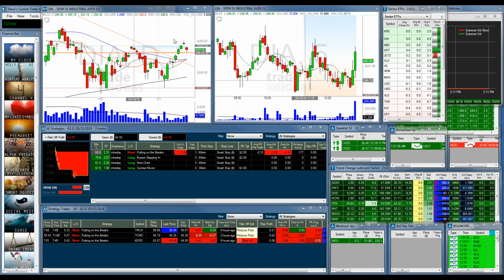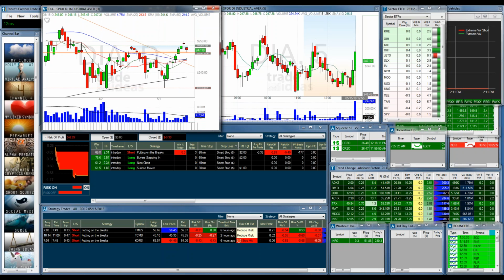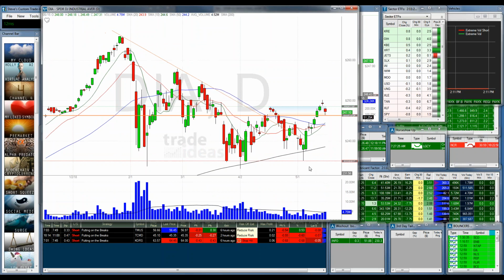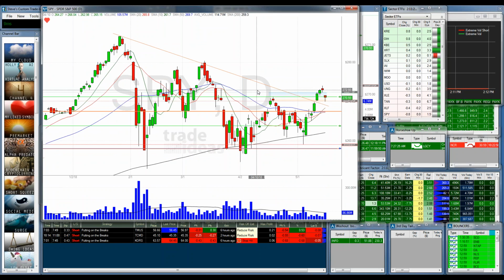So here's my screen. Welcome to my desktop, everybody. This is my default layout. I'm going to expand my daily chart here, and we're going to start with the SPY. So I've left a couple lines on here. When we last spoke, we talked about this